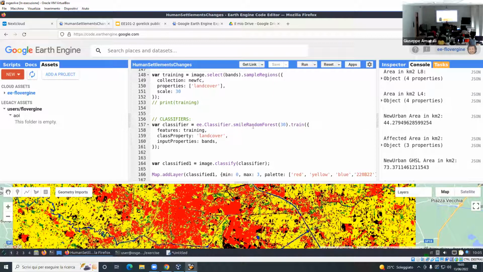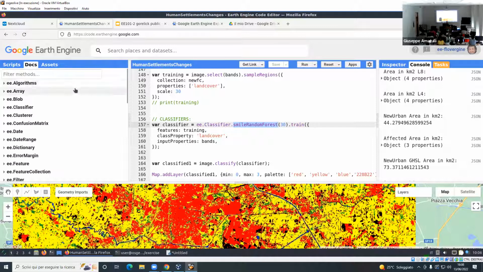Oh yes, for instance, for people that already used Earth Engine in the past, one thing to keep in mind is that sometimes the API changes. Some methods become obsolete and others become new methods and are available. So it's quite common that old scripts could become not runnable on the current version of Earth Engine. This is the case, for instance, for this script,